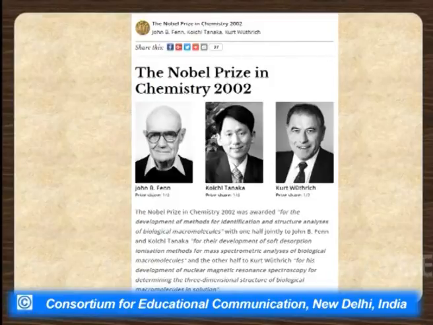And this Nobel Prize is shared for another technique, which is solution NMR for proteins, to Kurt Wuthrich. And this Nobel Prize in itself suggests that you can look into the three-dimensional structure of a protein using NMR, and you can also look into the primary structure of the protein using mass spectrometry. So, in a sense, this Nobel Prize defines how you can study protein structures to greatest resolution.